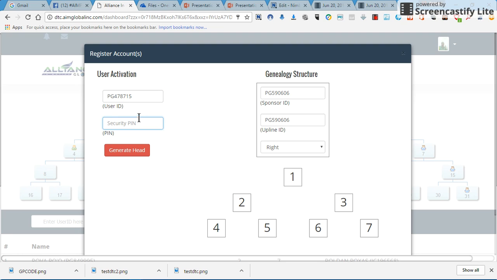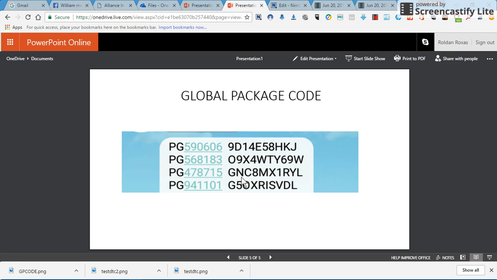The security pin. JNC8MX1RYL. Check, JNC8. Just follow what is written here.